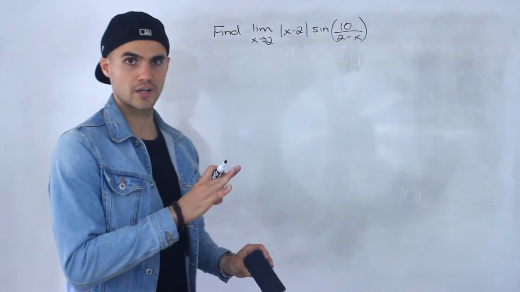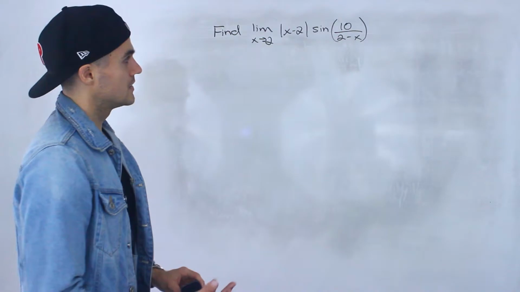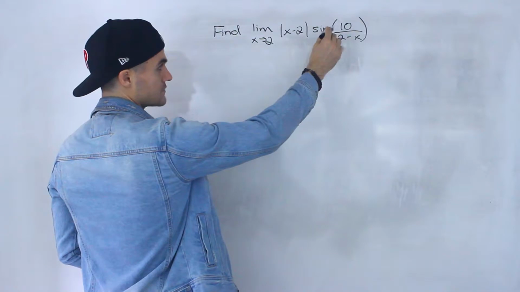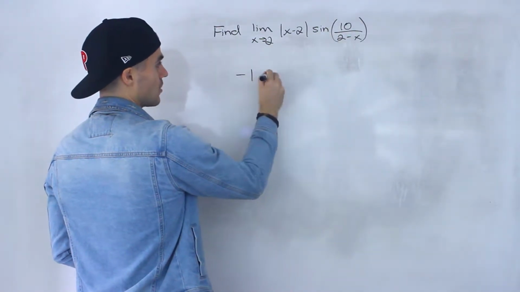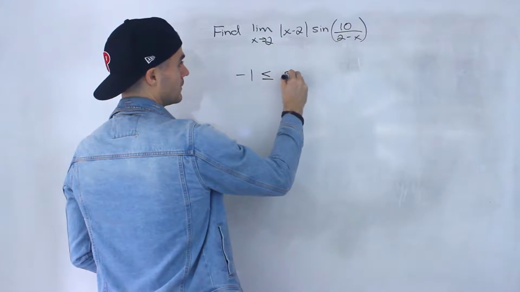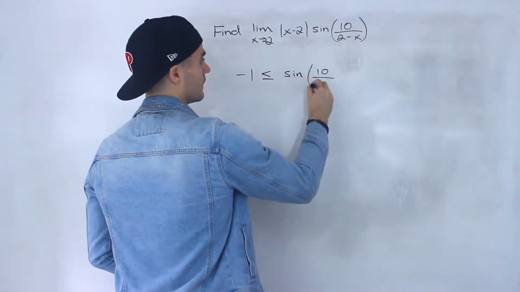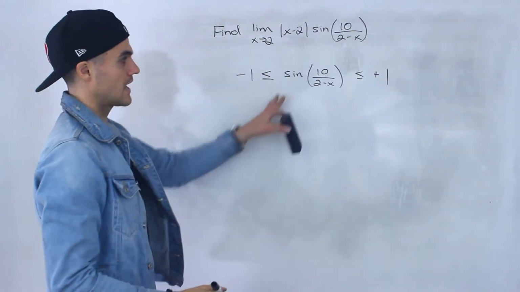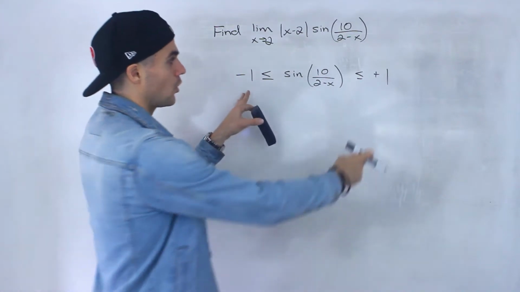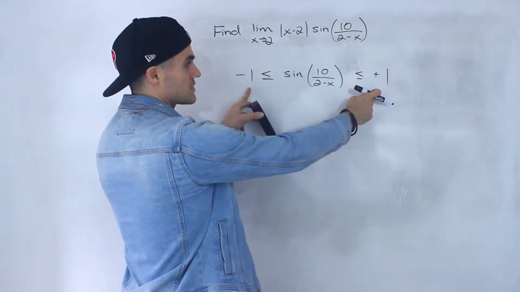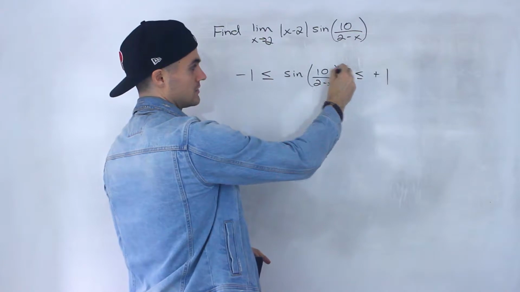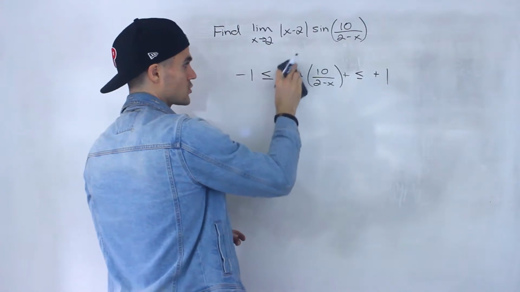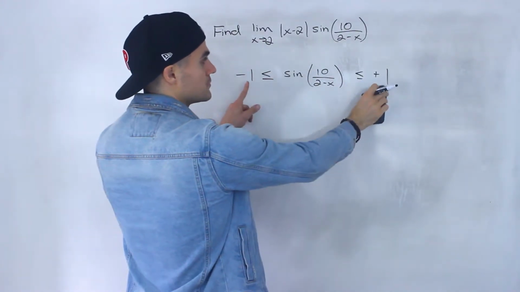In this particular case, we can actually use the squeeze theorem, because notice that this sine of 10 over 2 minus x is always going to be in between -1 and +1. Right? Sine of any expression, cos of any expression, it's always got to be between these values, as long as there's no addition and no other coefficient in front. If it's just sine of an expression or cos of an expression itself, that's always going to be between -1